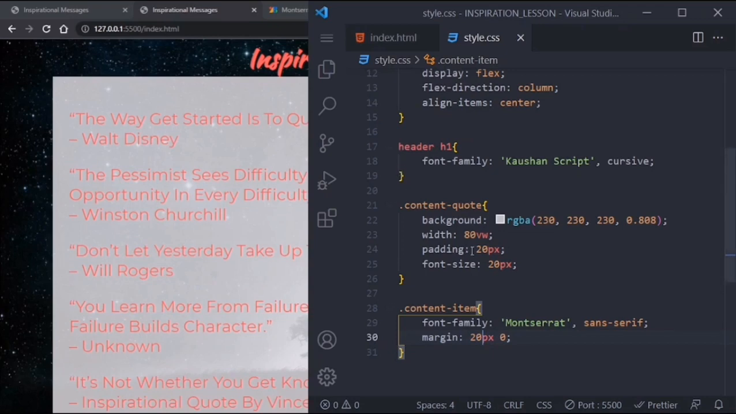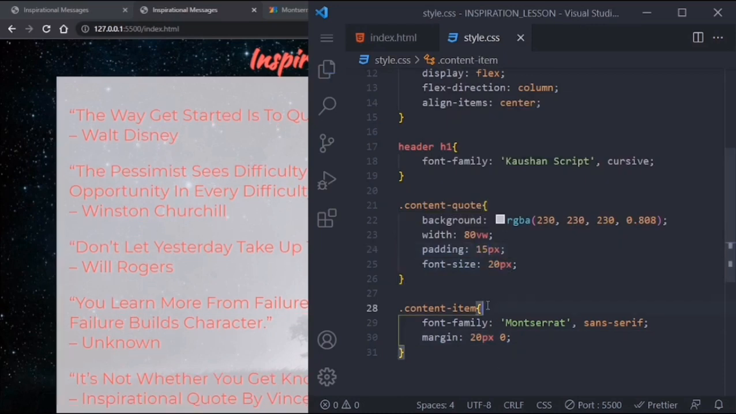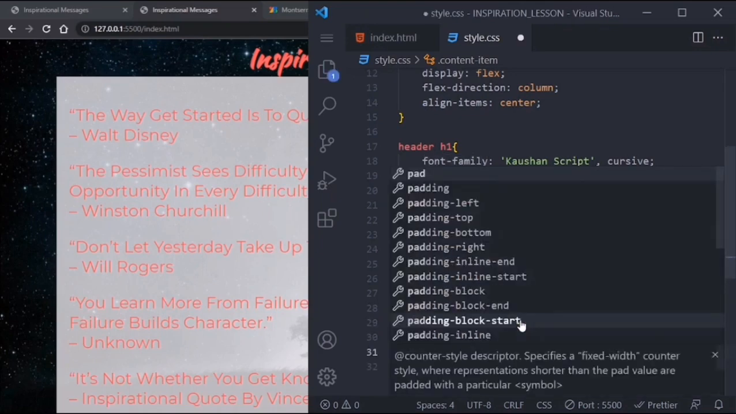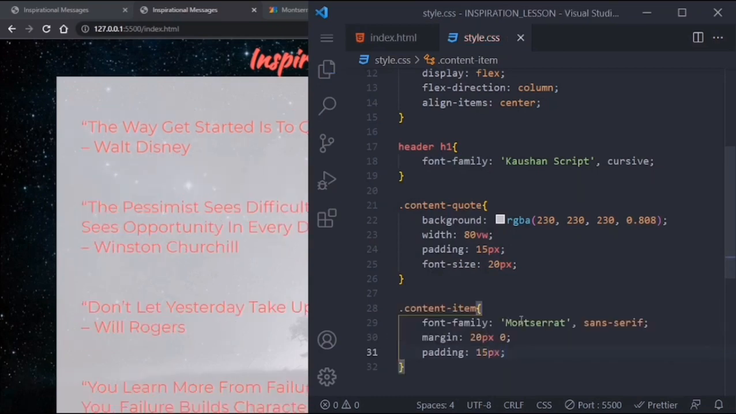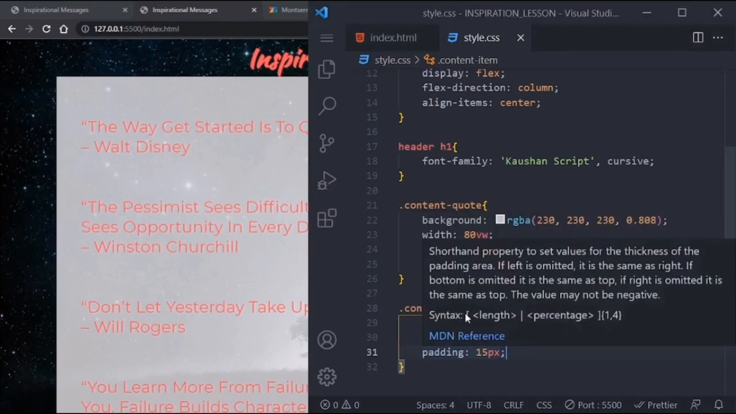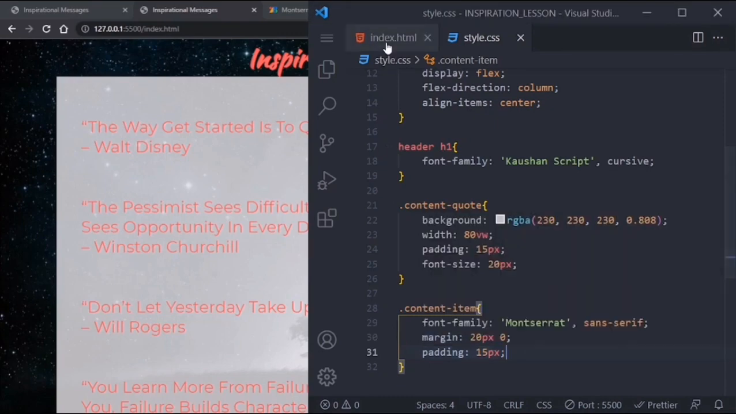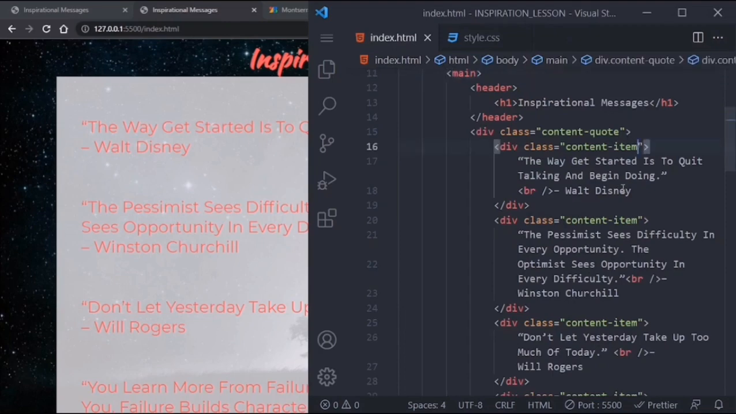We could adjust the padding here to somewhat 15 px, I guess, and then in the content items, doon natin i-add yung padding of 15 px, I guess. So yan. So paano naman yung select natin yung other div? So we could say like several div,